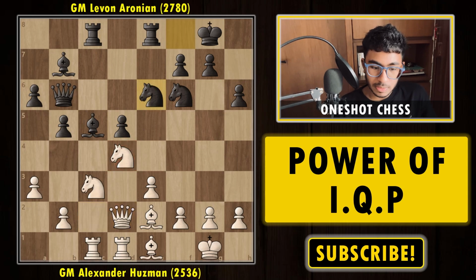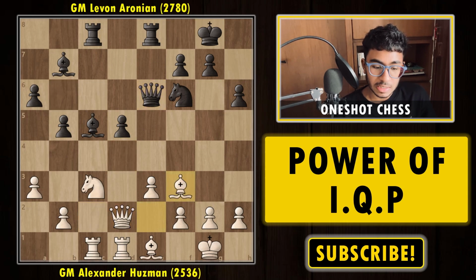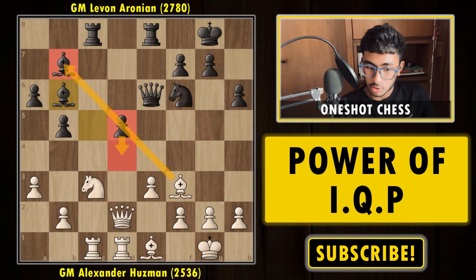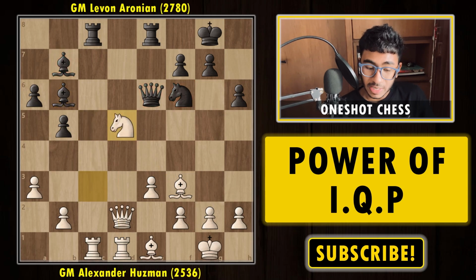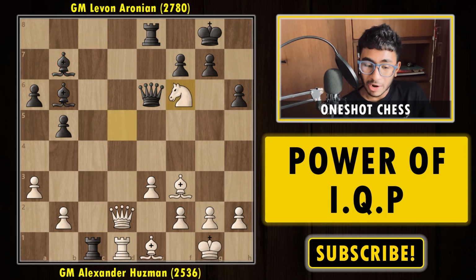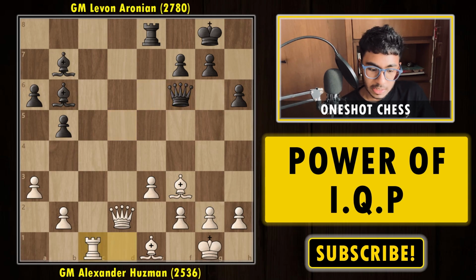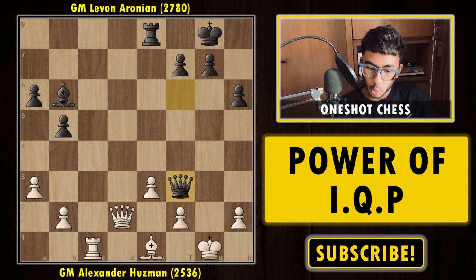And after queen d2, knight e6, you can already take on e6, bishop f3, bishop b6, and the position is roundabout even. I would say it is a standard isolani. Black can't really push the pawn because the bishop is hanging, and if you try to go for capturing the pawn in this position, because it looks like it's hanging because 4 pieces are attacking it, whereas there are only 3 defenders. But it's still not working because after knight takes pawn, rook takes rook, you have to capture the knight, giving a check, takes, and after rook takes, black can already capture on f3, and white is just losing